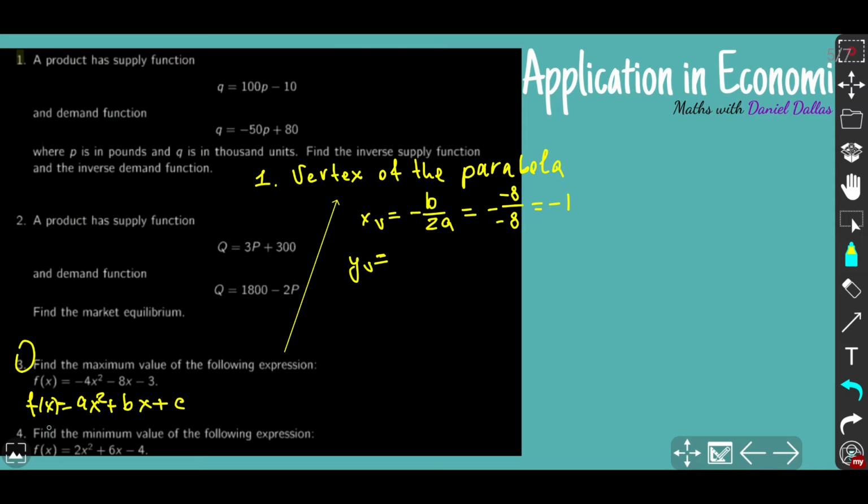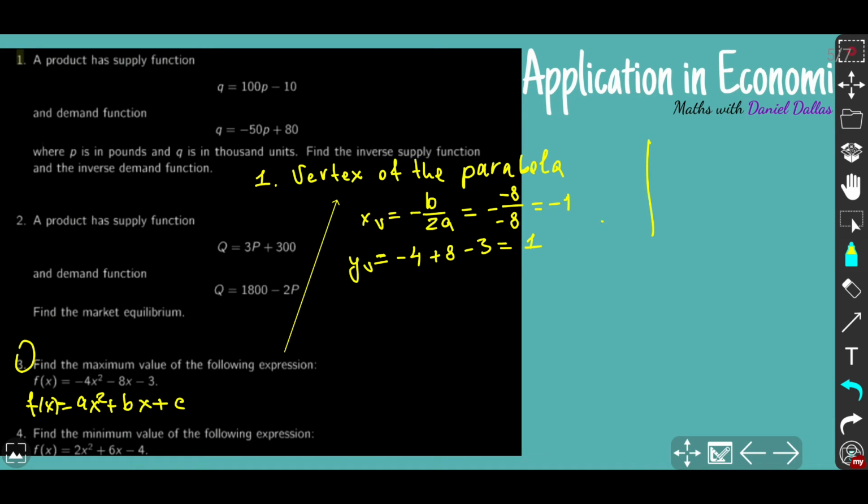into our equation. So it becomes -4 because x squared, -1 squared, becomes positive, and minus 8 times -1 becomes positive 8, and minus 3 on top of that. So we'll get 8 minus 7 becomes 1. So that's why the maximum value of the following expression is 1, and I can simply show you the